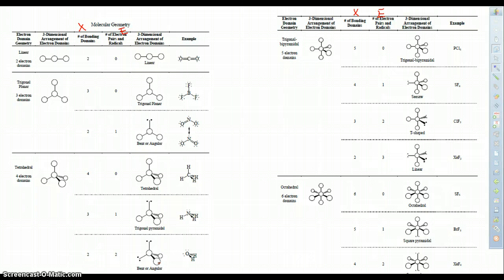Same rule applies as you go through these, as you go through more and more complicated shapes. Now these shapes are a little bit more complicated, and we'll address ways of how we can memorize this. By the way, we are going to have to memorize this whole thing in case you didn't catch on that earlier. But with this right here, trigonal bipyramidal, this is your same molecular geometry as the electron domain. But as you start changing out atoms with lone pairs, you see more and more differences